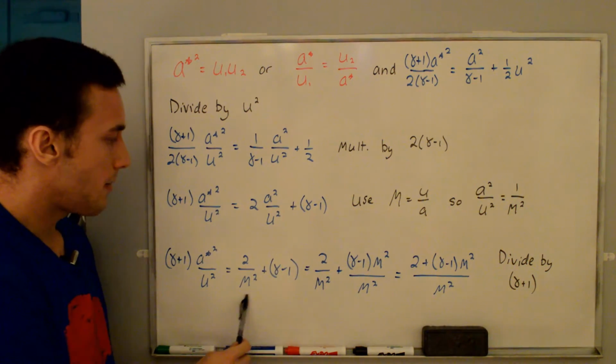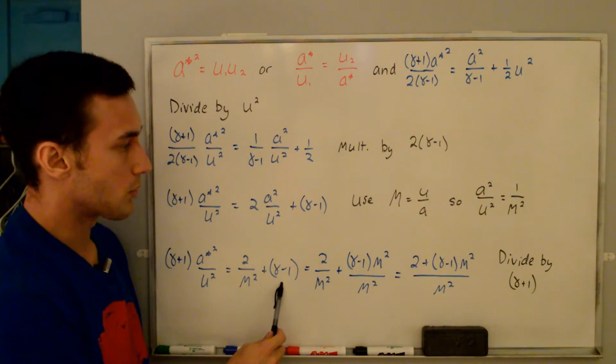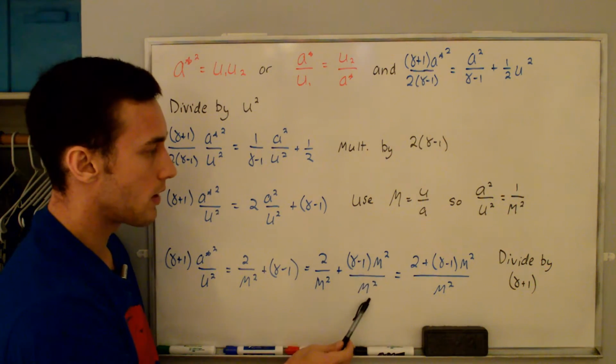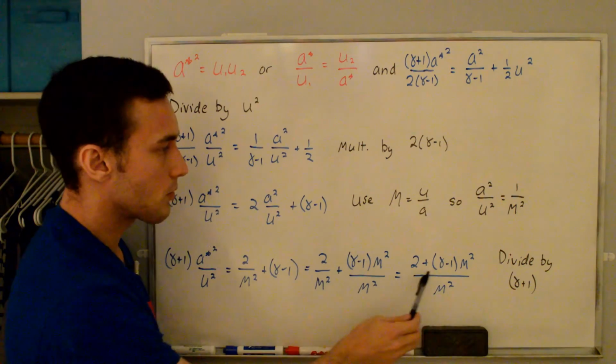We want a common denominator so we can combine these two terms, so I'll multiply this term by 1, which we can say is m squared over m squared, so we have the same 2 over m squared plus gamma minus 1 m squared over m squared. And if we combine these two terms, then we have 2 plus gamma minus 1 m squared, that's this numerator,